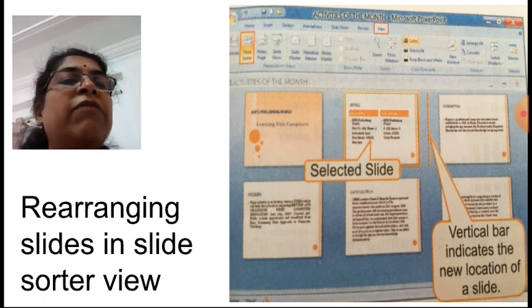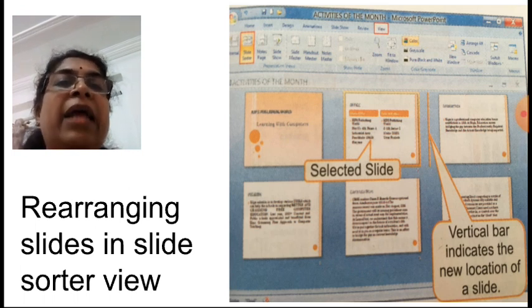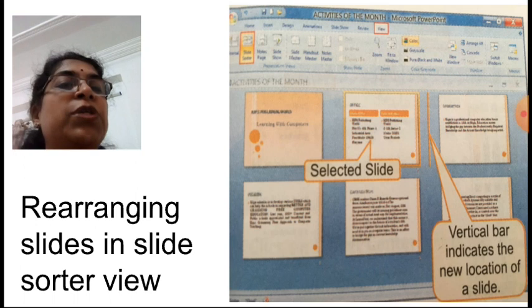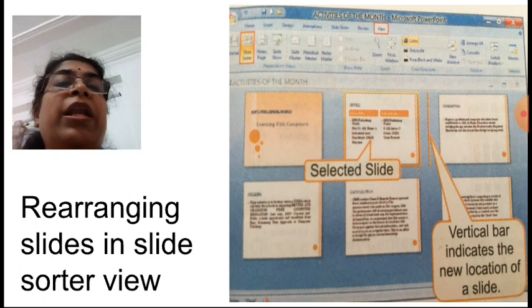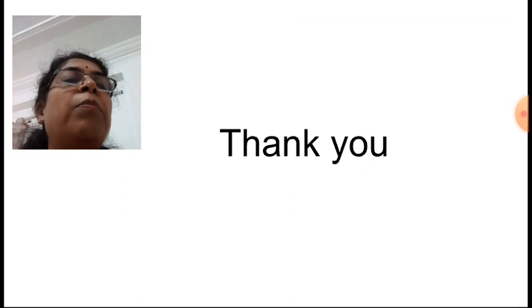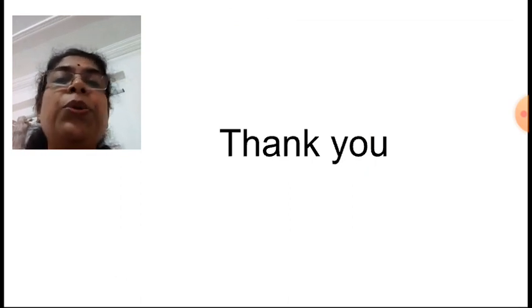The third slide will then shift to the vacated second position. Understood? Try to do this. First make a presentation and try arranging the slides. You can rearrange the slides in Slide Sorter view in a proper way.